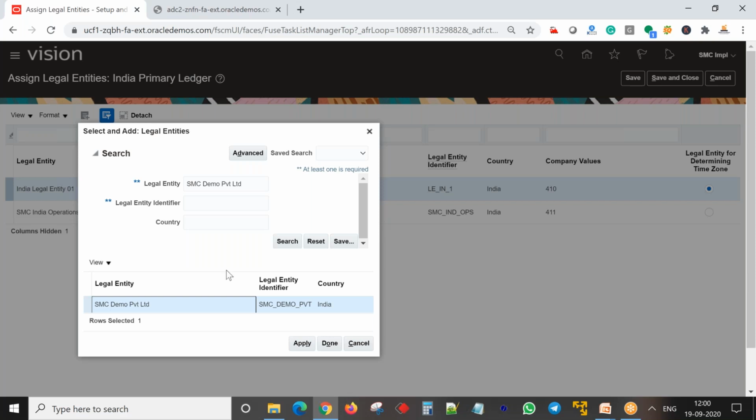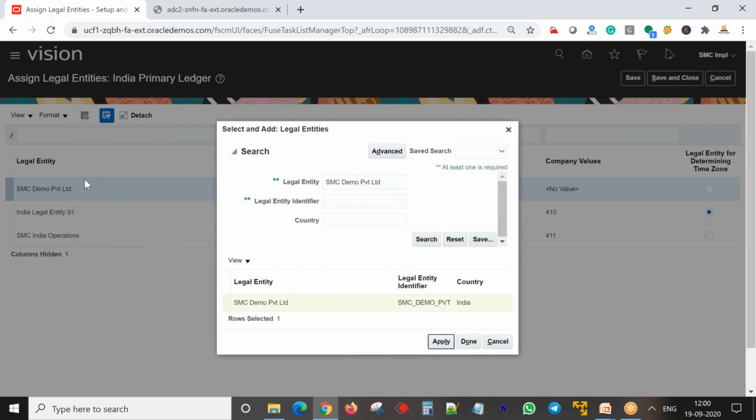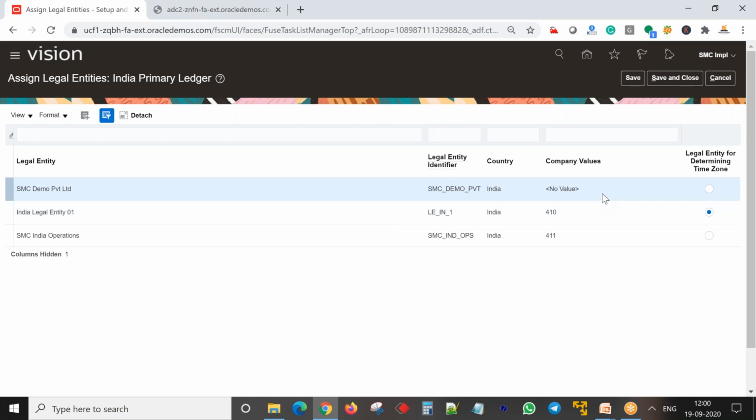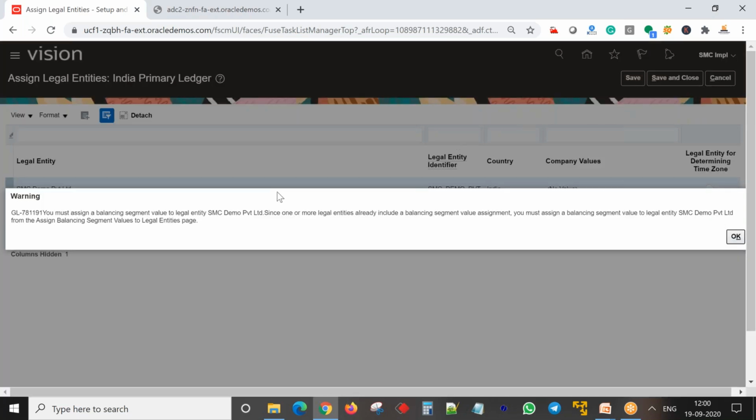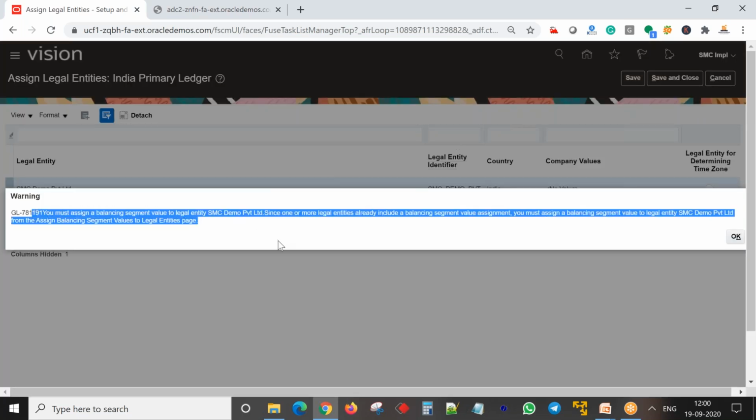Yes. Now, Anup, once I have selected this and when I click apply, it gets assigned to it. You can see this has come here, right? Yes. Now, once I say this, it has assigned this. You can see there is no value to the company segment. Do you see this, Anup? So when I click save, in fact, it will ask me that the value is not there. So let me say save. The moment I say save, see, it gives me this warning. Do you see this, Anup?